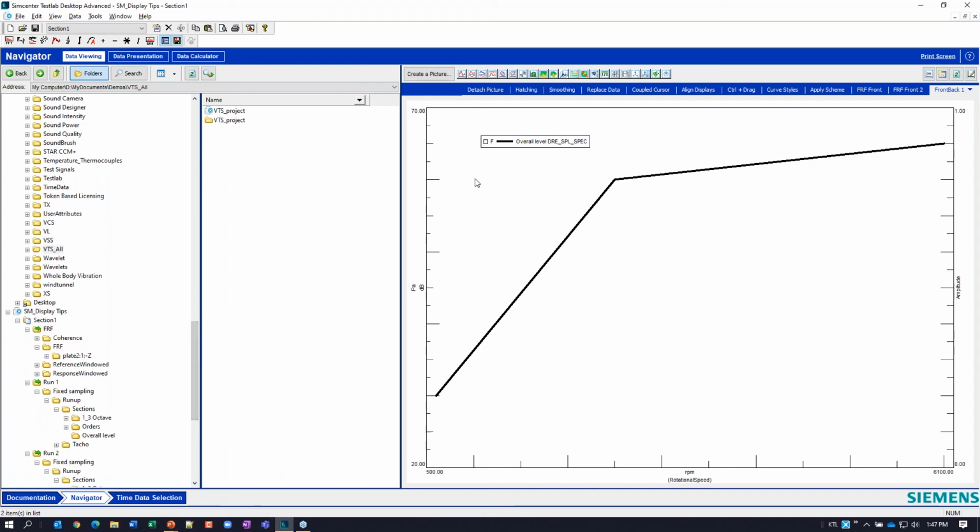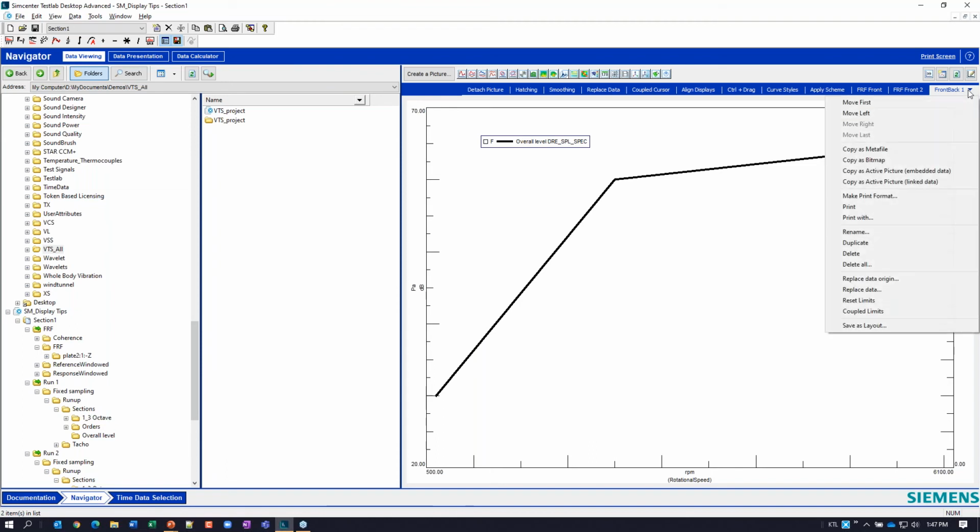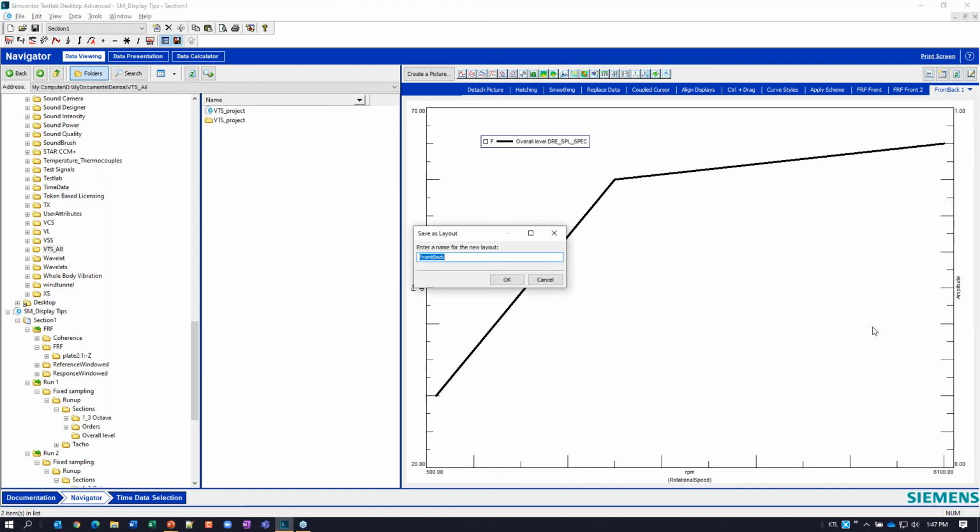So what I'm going to do is come up here and say save as layout. Because I started with a front back display, it's going to say, let's call it front back. But if I do that, every time I click this front back button, it's going to have this data be a part of that display.